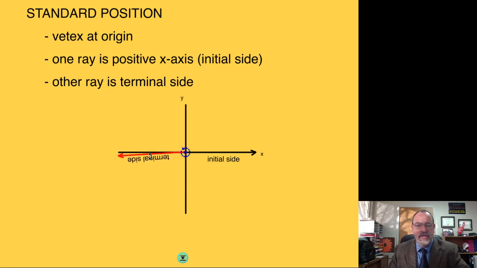And then what happens when I go over 180? This might be a little bit new, but hopefully you can catch on. This is still an angle. It's just 180, but it's gone a little bit further. So we're looking at how far it's rotated, and so this is an angle that's more than 180 degrees. All right, and this can continue to rotate all the way around until I get all the way around back